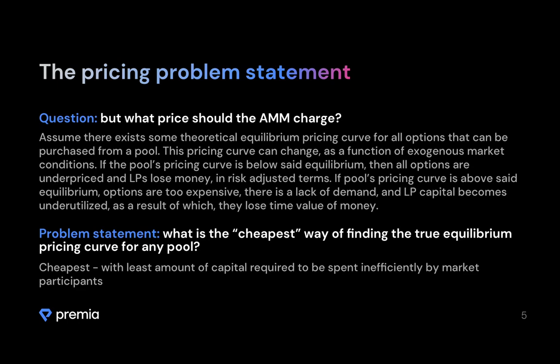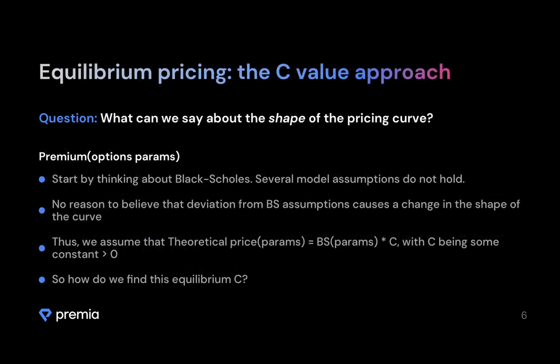So in trying to find this equilibrium pricing curve, we can start by thinking about what type of shape it could possibly have. And when thinking about the shape of this curve, a good starting point is to think about other pricing models for options, such as the Black-Scholes model. And we all know by now it's poorly applicable to the crypto market infrastructure due to substantial deviations from the base assumptions. However, there is no reason to assume that a deviation from these assumptions would cause inconsistent mispricings across